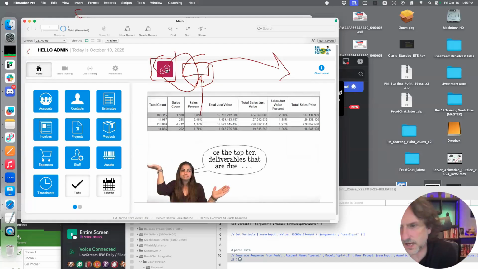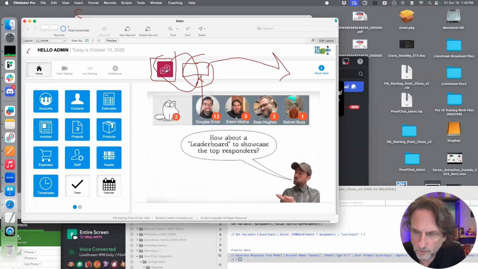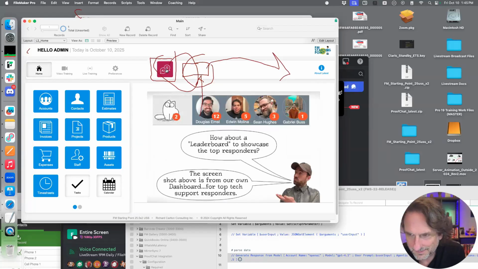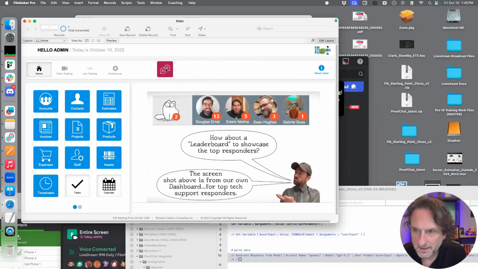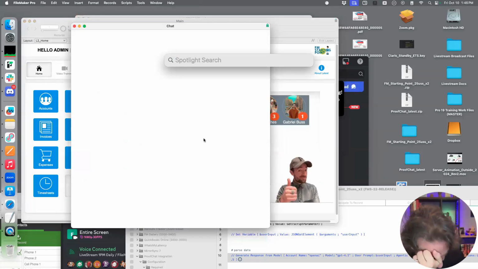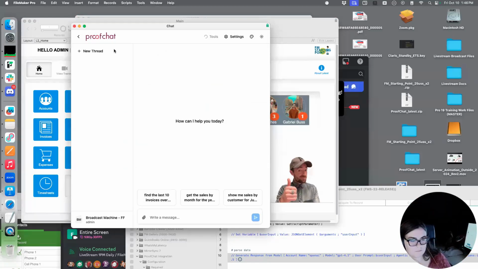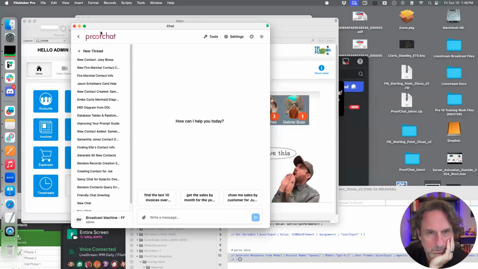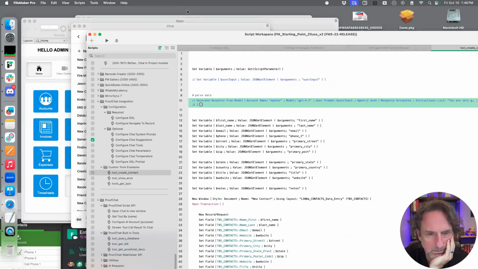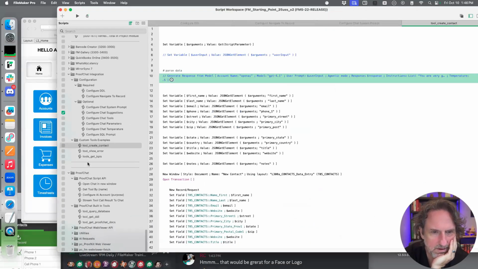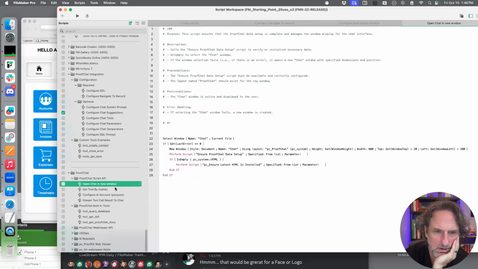We do have some ProofChat utilities that can help you with writing these generalized scripts. Again, we haven't really talked about it too much, but it is in there. If you open up the ProofChat folder, the scripts folder. Okay. Inside. So ProofChat, we have right there. This is ProofChat scripts API. Okay. So these are scripts that you can call